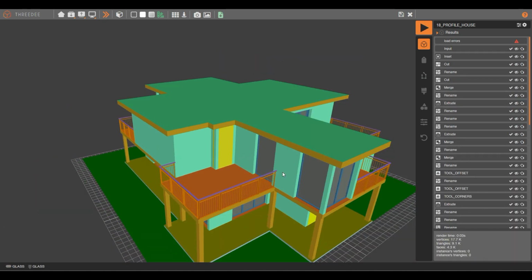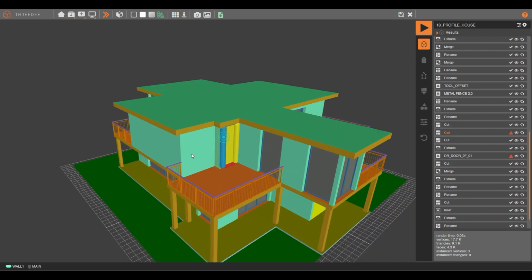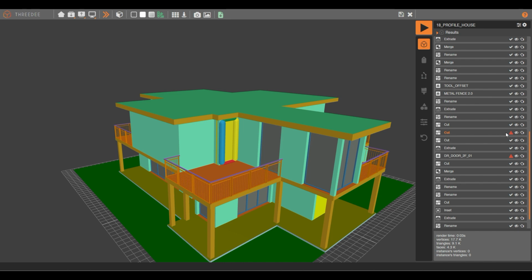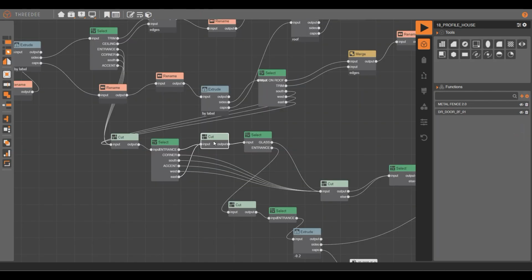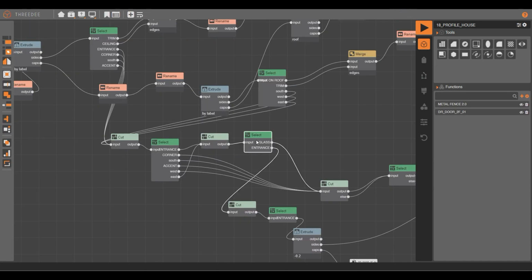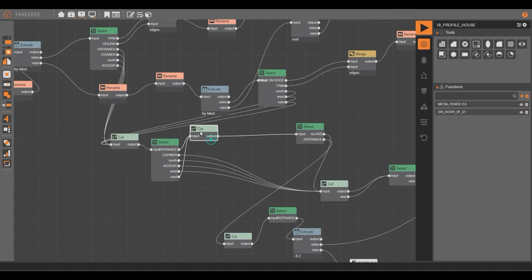These errors, for example, this one, let's see what happened here. Okay, when this is not working,